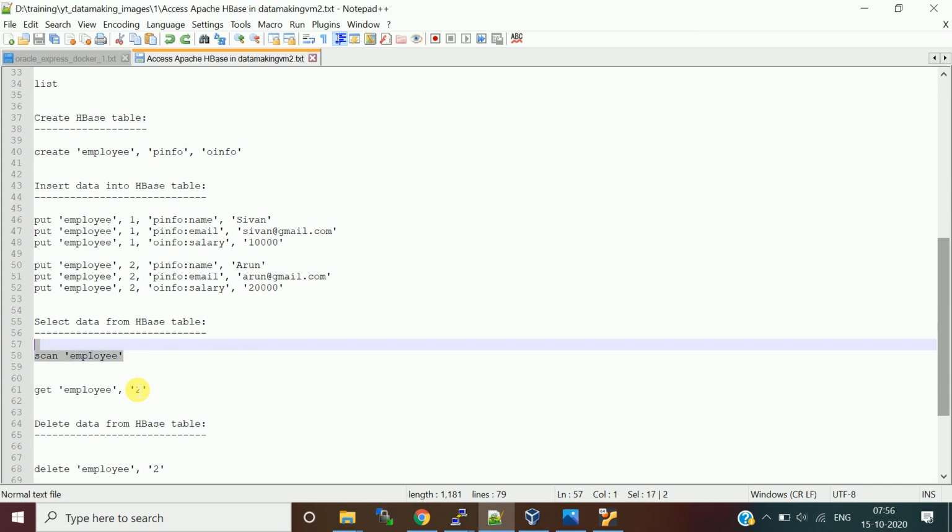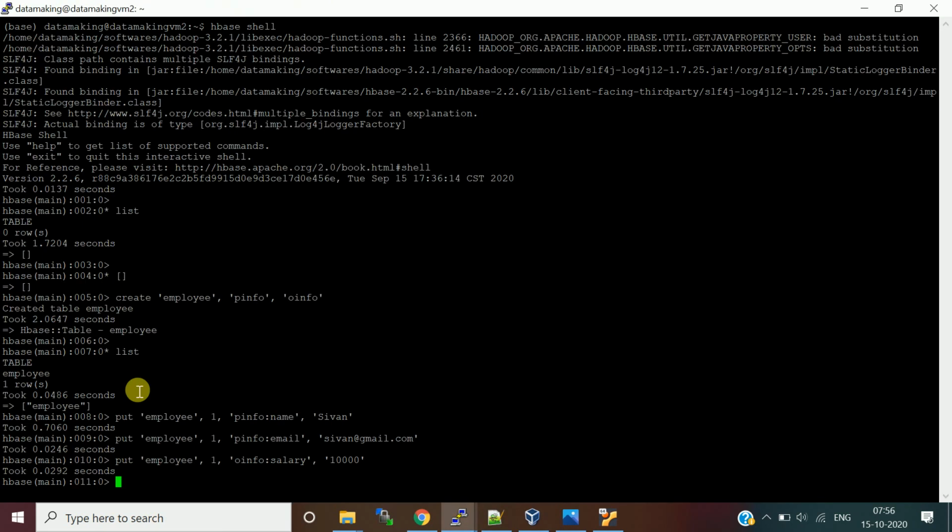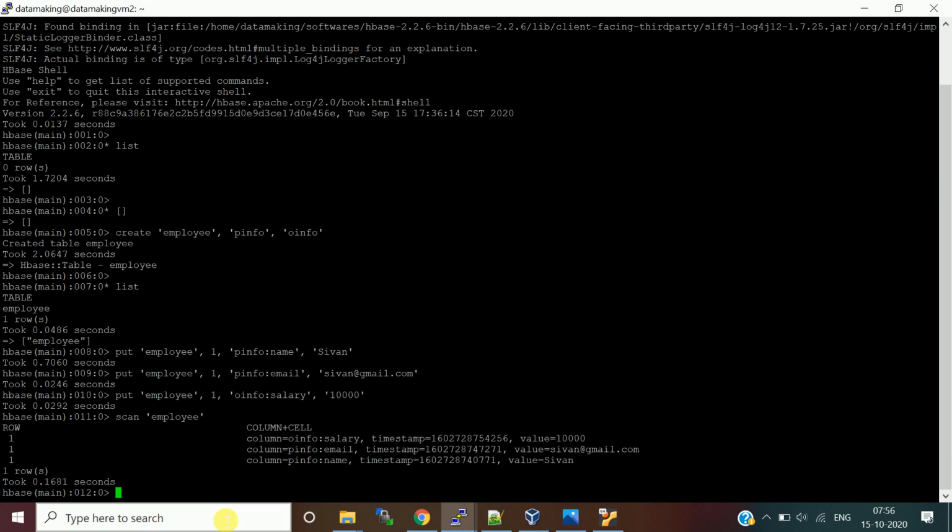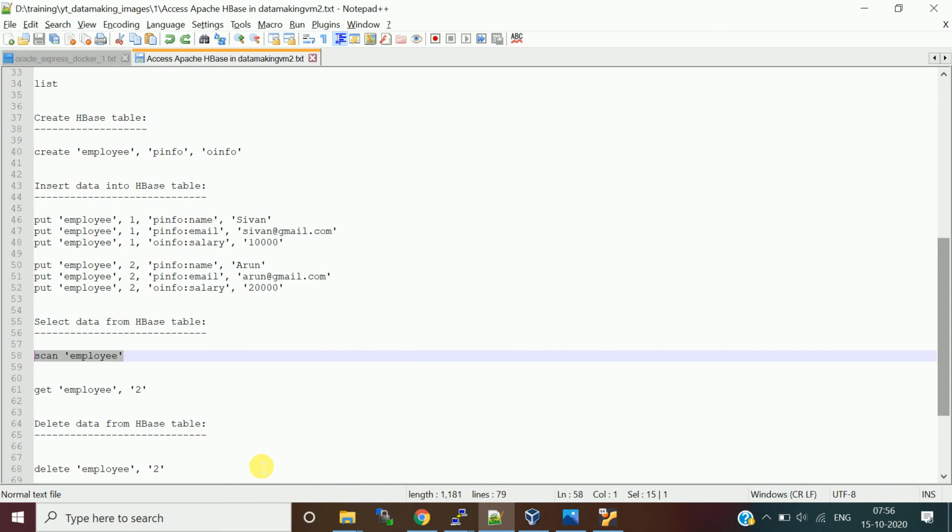What command do you need to use? Scan of employee table, which is going to give output like this. So this is the record for employee ID 1. What is the salary? 10,000. And what is the email ID value? sivan@gmail.com. It is going to show like this only.